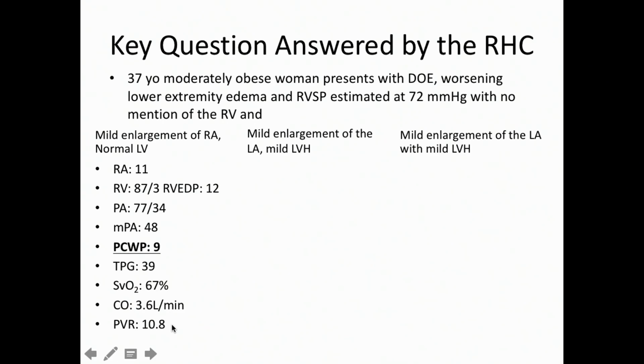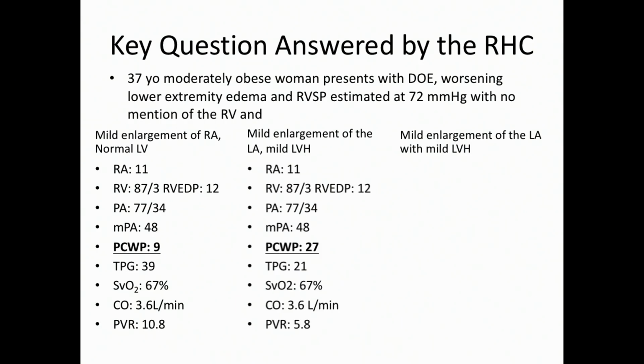Normal pulmonary vascular resistance is generally less than 3, but for most people sitting there doing nothing, a normal pulmonary vascular resistance is probably more in the range of 1 to 2. Now we can contrast that. Remember, the echo is the same, but in this case now we have mild enlargement of the left atrium and mild left ventricular hypertrophy. You can see that the right atrial pressure is the same, pulmonary artery is the same,